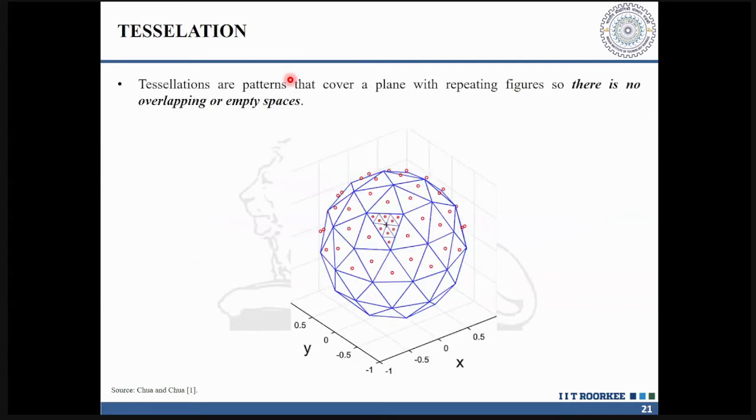There are numerous errors that are encountered in tessellation. If I'm talking about any particular solid model, it should have a uniform triangulation. There should not be any gap. There should not be overlapping triangles. There should be a unique triangle. So numerous errors occur when we go for this tessellation.